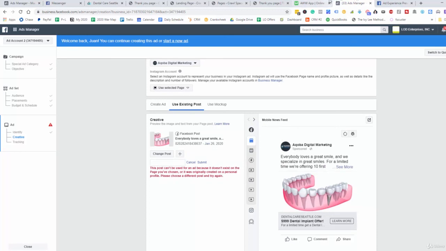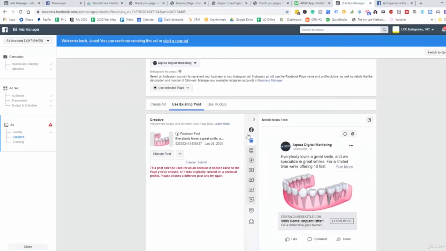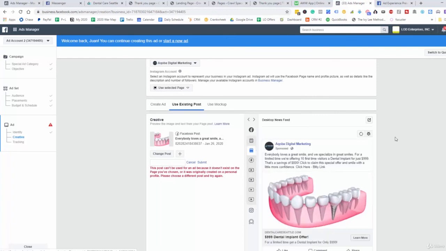And so now we get to double stack our ads, where we have the same exact ad right here that we're showing in the traffic, also showing up with an engagement campaign as well. So we can maximize our social proof and our link click so we can get the most amount of leads, right? So all you got to do here is get the post ID or select the actual post, and it'll pull up here. So we can run simultaneously the traffic campaign with one ad, and then use that same exact ad with the